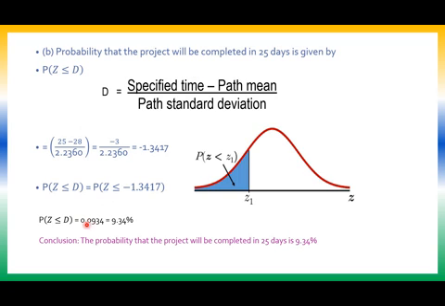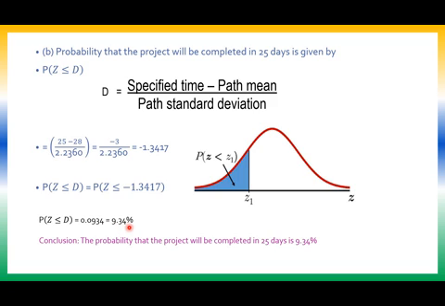So table value 0.0934, which will be 9.34%. So when you look at the accurate results, it will be somewhere between 8.5 to 9%, right? It will be somewhere between 8.5 to 9% accurate value. Here I am taking an approximate by taking the nearest value. So I get